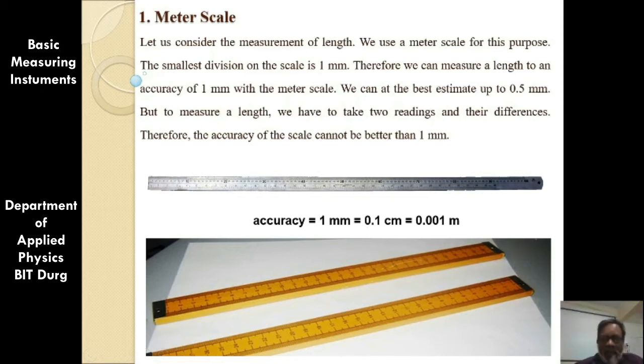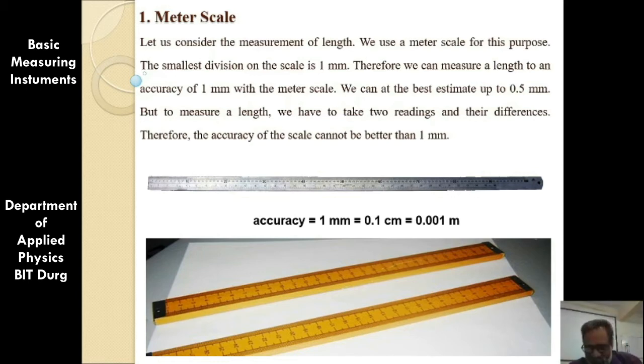And that's why every instrument in the physics lab is going to have a definite minimum value that can be measured with the help of that instrument. And that minimum value will be known as the least count of the apparatus or the measuring instrument. In this specific case, 1 mm is the least count of the meter scale. So suppose we want to have an instrument having a least count less than this 1 mm or 0.1 centimeter, then I have to opt for other measuring instruments.